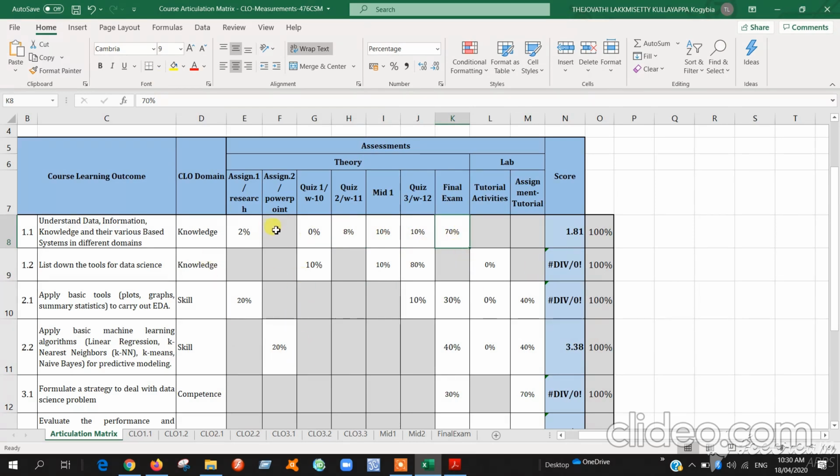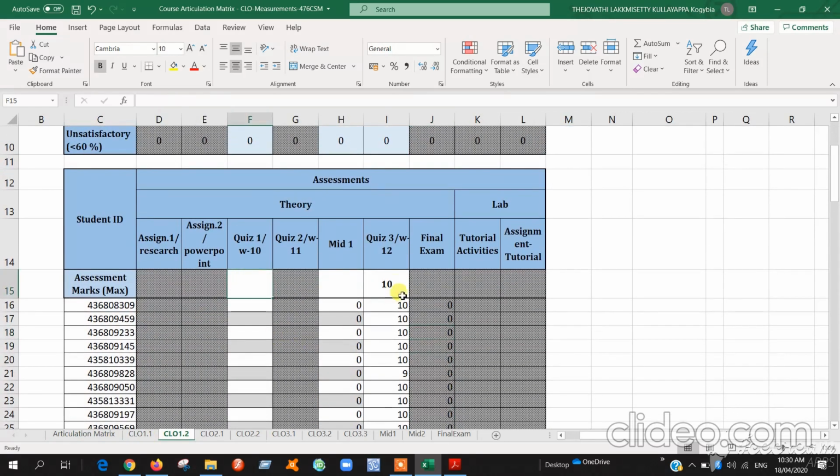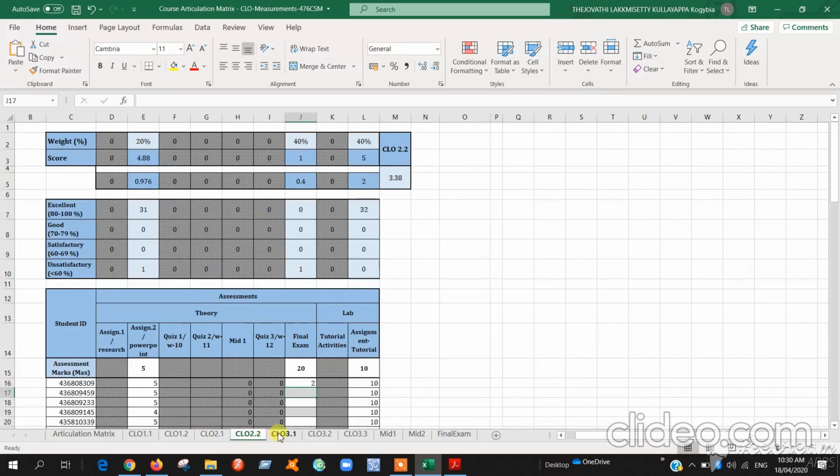So like this you can open. Based on this home page, it will open here automatically. See, quiz 1 open, quiz 2 open, mid 1 open, like this it will open. That is your wish. You want to take only quiz 1, quiz 2 or assignment 1, or only the final exam, mid exam, or only assignment or tutorial, that is your wish. So automatically the template will open.